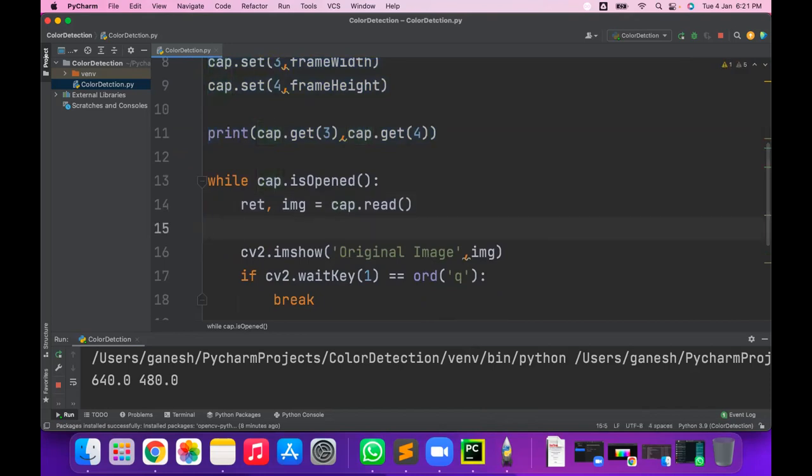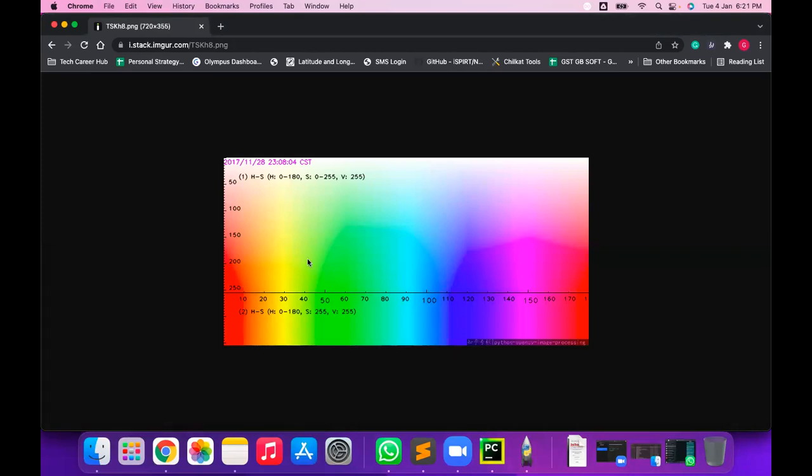Okay. Now next, this image is the BGR image. For color detection, we are not using BGR because using BGR we only get the value of the blue pixel, green pixel and red pixel, but we don't get the actual intensity of that particular pixel. What is the intensity of the pixel? You can get the intensity of the pixel by using the HSV method.